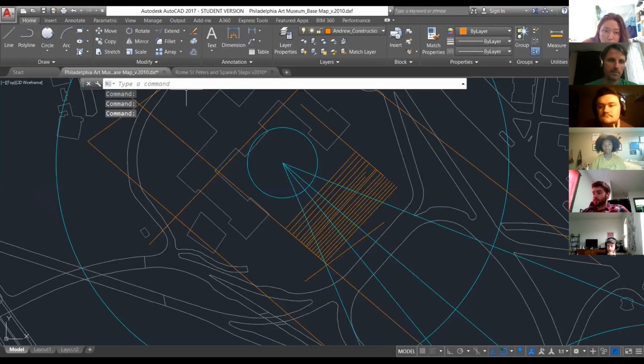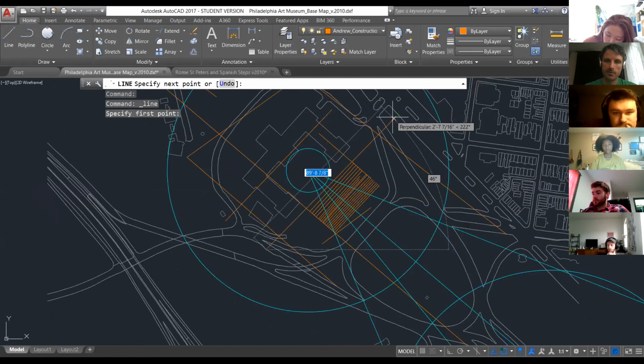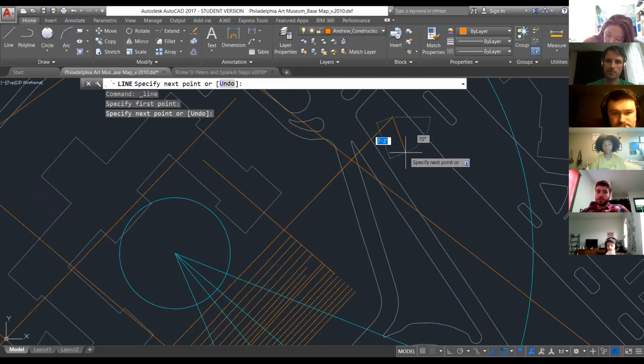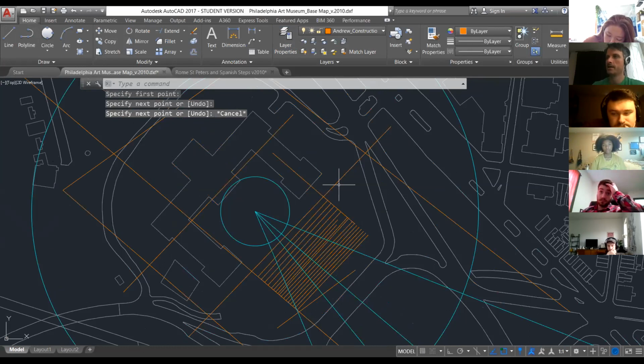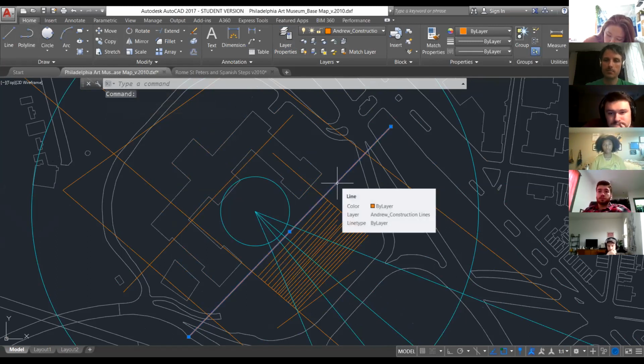All right. I'm going to draw those as a line that goes all the way across the site. And we've encountered one of our first problems, which is that I've drawn that line on the wrong layer. Don't worry, we can change it. So let's select that line. We can type in properties,